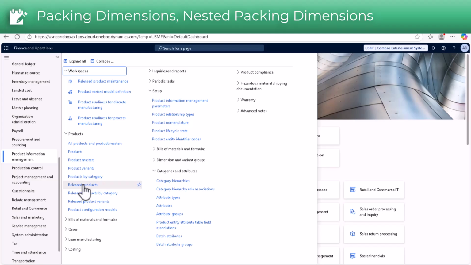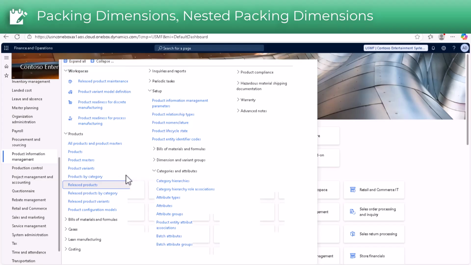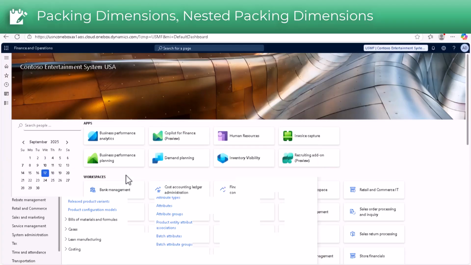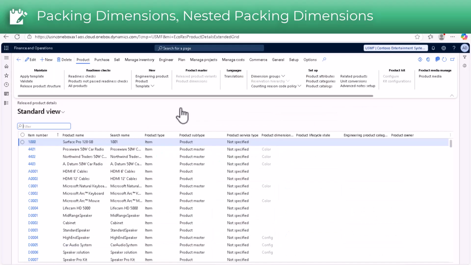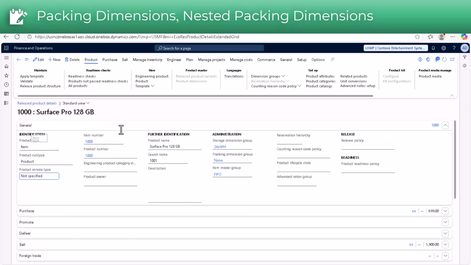I have also shown this menu item in the previous video in the case of the storage dimension, for the physical product dimension. Once you click, it will open the page. So here is the page. Just click on one product over here. Then in the Manage inventory section, you can see that there is a physical dimension type. You can select